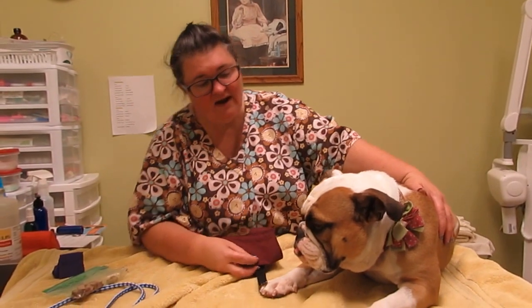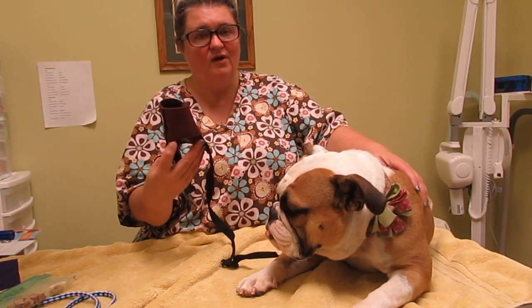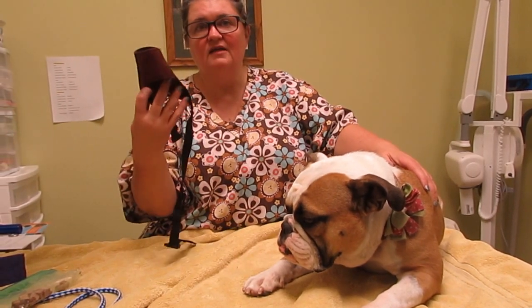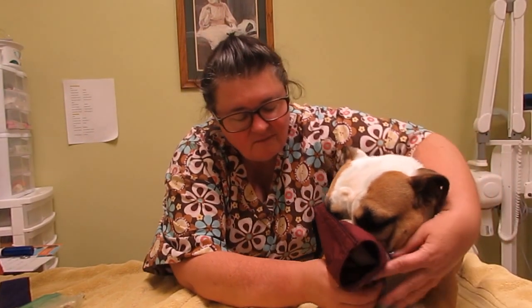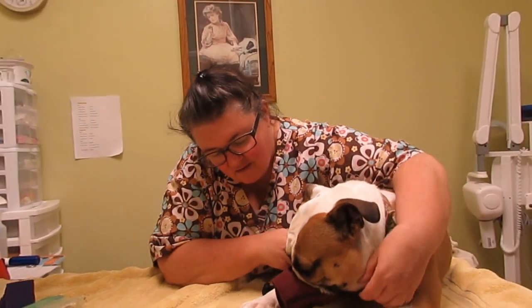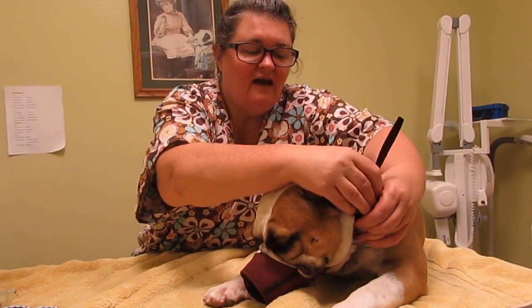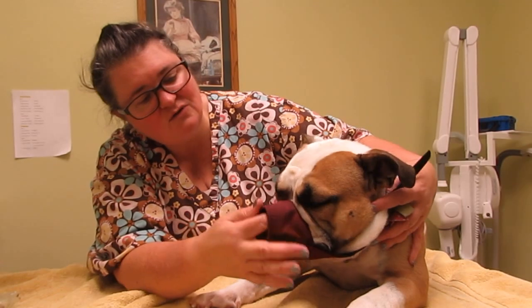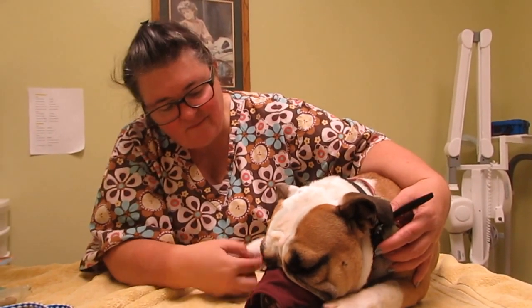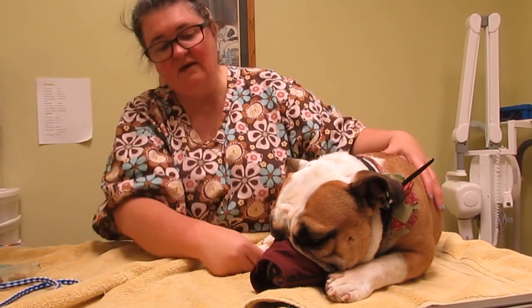And you want to have an appropriate muzzle for your dog. So this is not appropriate for Sophie, but it's what we have here in the hospital. And you'd place the muzzle over her mouth, and then you attach it behind the ears. And in her case, because her nose is so small, this will help prevent you from being bit, but she